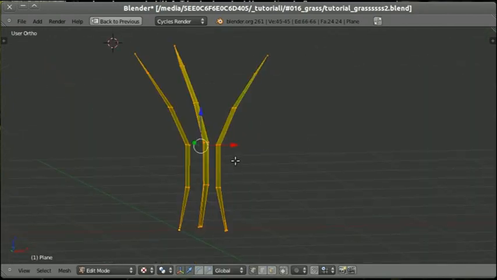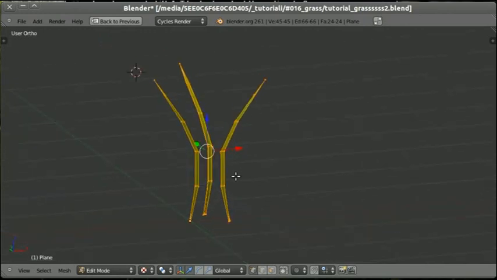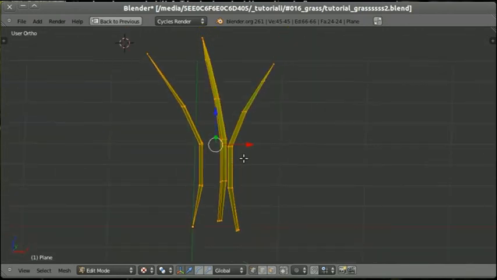Okay, by pressing A twice we can select all and then duplicate all,